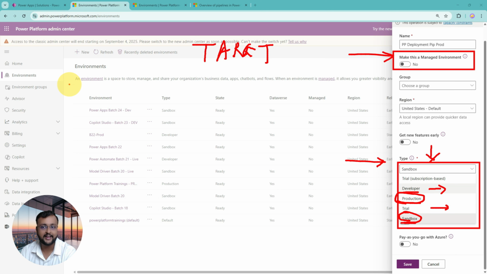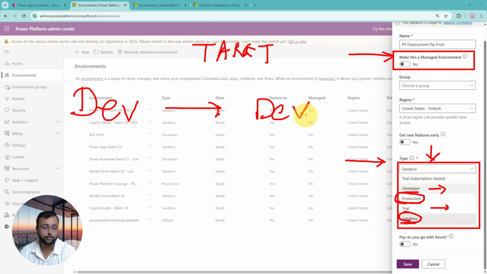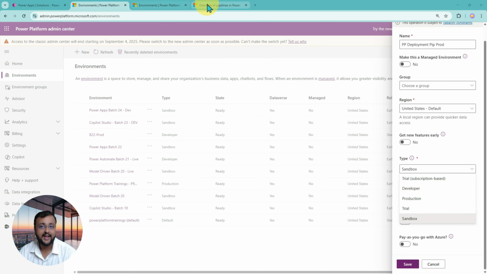But exceptions I already talked about. For that, if your target is, let's say for example, if you just want to go from one development environment to another development environment, you don't require this managed environment to be set up. It's just like your dev to dev, then its type is developer environment, then it's 100% free, right? And there is a simple